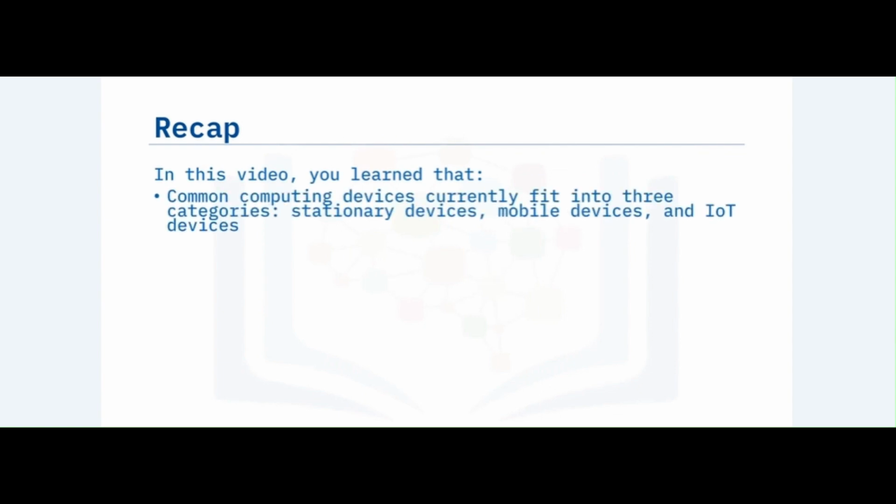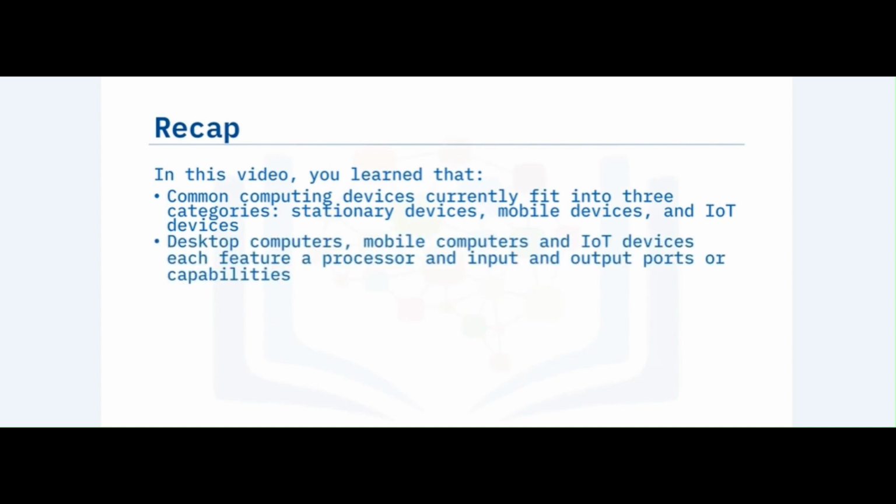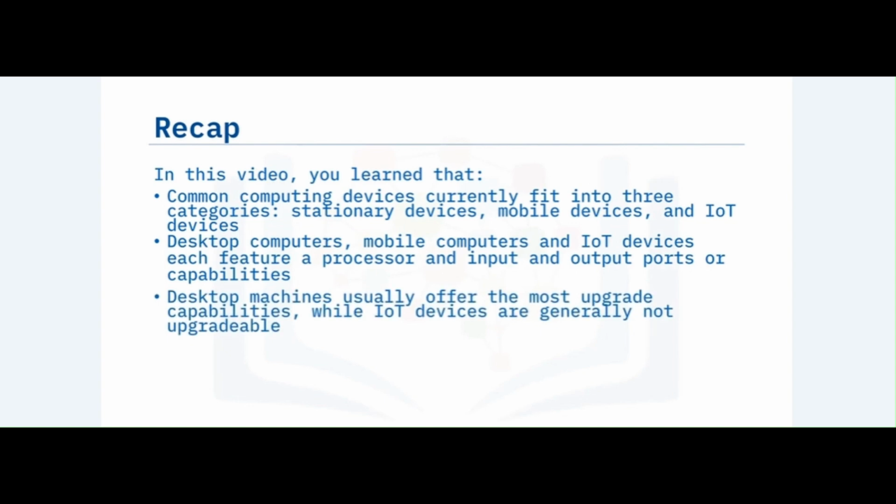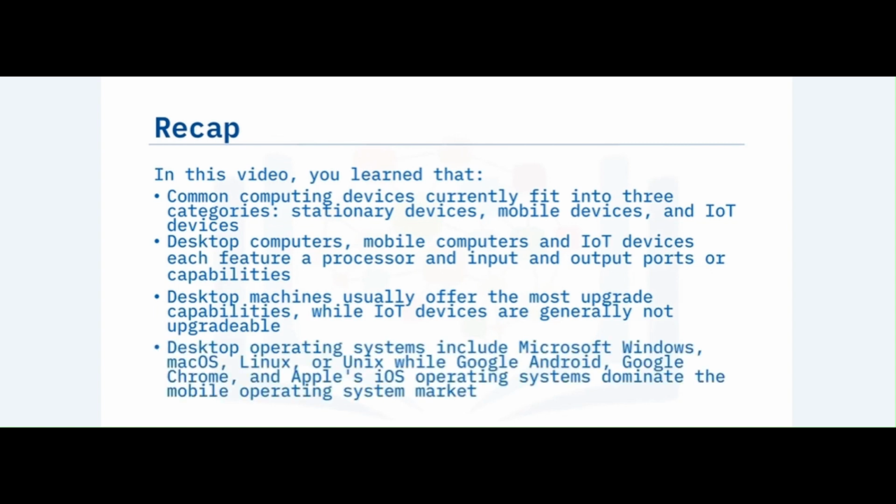In this video, you learned that common computing devices currently fit into 3 categories: stationary devices, mobile devices, and IoT devices. Desktop computers, mobile computers, and IoT devices feature a processor and input and output ports or capabilities. Desktop machines usually offer the most upgrade capabilities, while IoT devices are generally not upgradable. And desktop operating systems include Microsoft Windows, macOS, Linux, or Unix, while Google Android, Google Chrome, and Apple's iOS